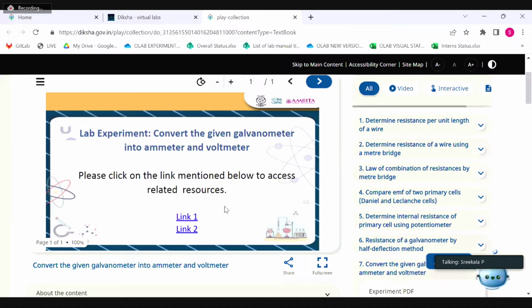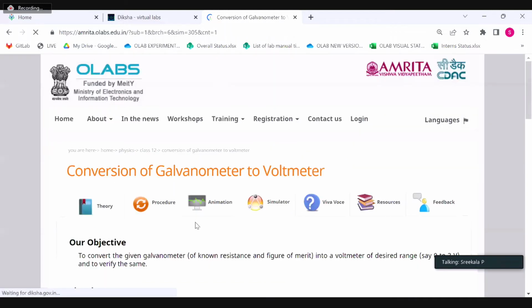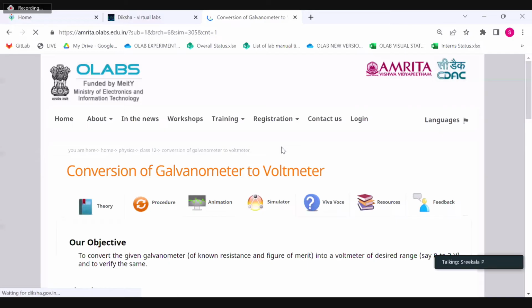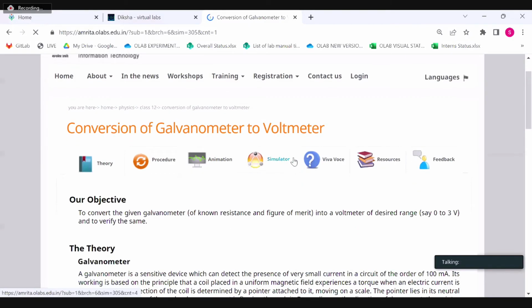Now, what you see on the screen is two links. So I'm going to select the second link because we are going to do that experiment today. Now, this is how the whole page looks. As Sri Galat said earlier, this is a complete lab experience that students are going to get